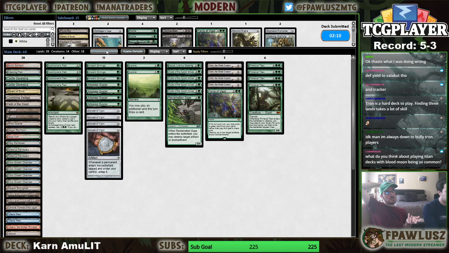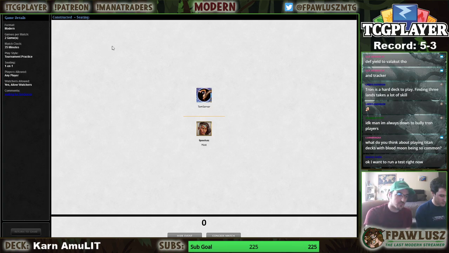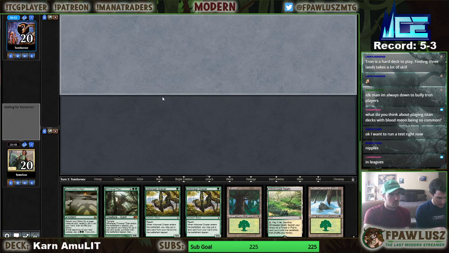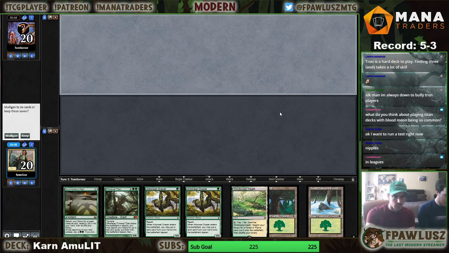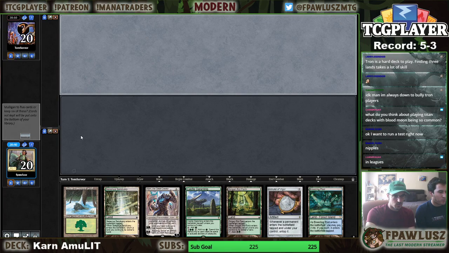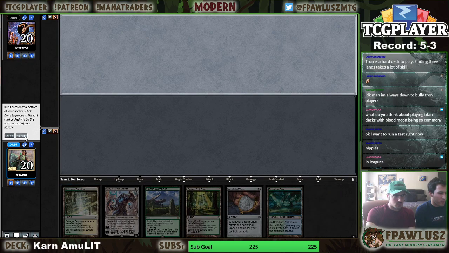So with experience and just playing the deck, you start automating all of the stuff that we're doing. What do you think about playing Titan decks with Blood Moon being so common? I don't think it's that great of an idea, but also I don't think that Blood Moon is that common. No, I do think that Blood Moon is pretty common. Really? But I would play Reclaimer. I think that Reclaimer has a significantly easier time than Amulet against Blood Moon. Keeping this, bottoming that one, or